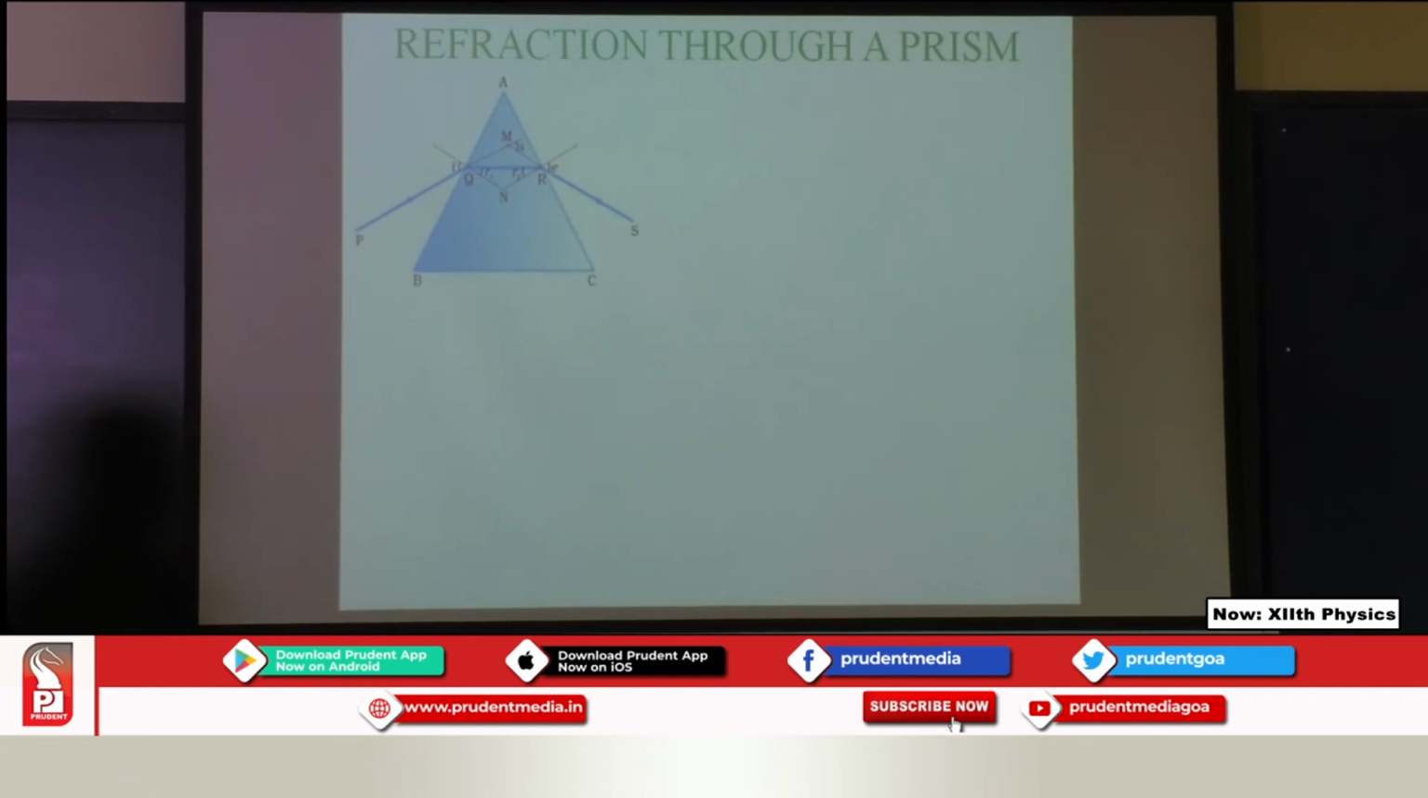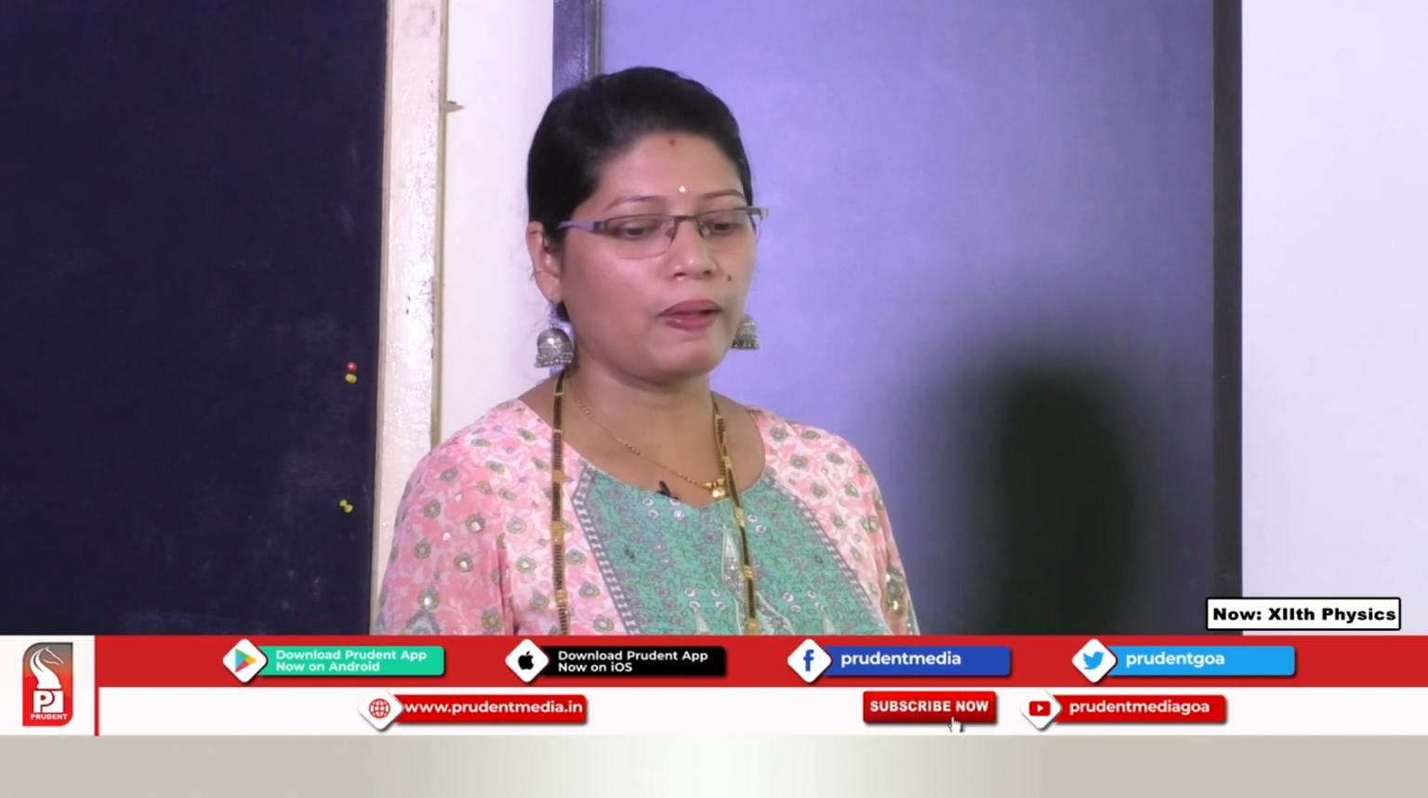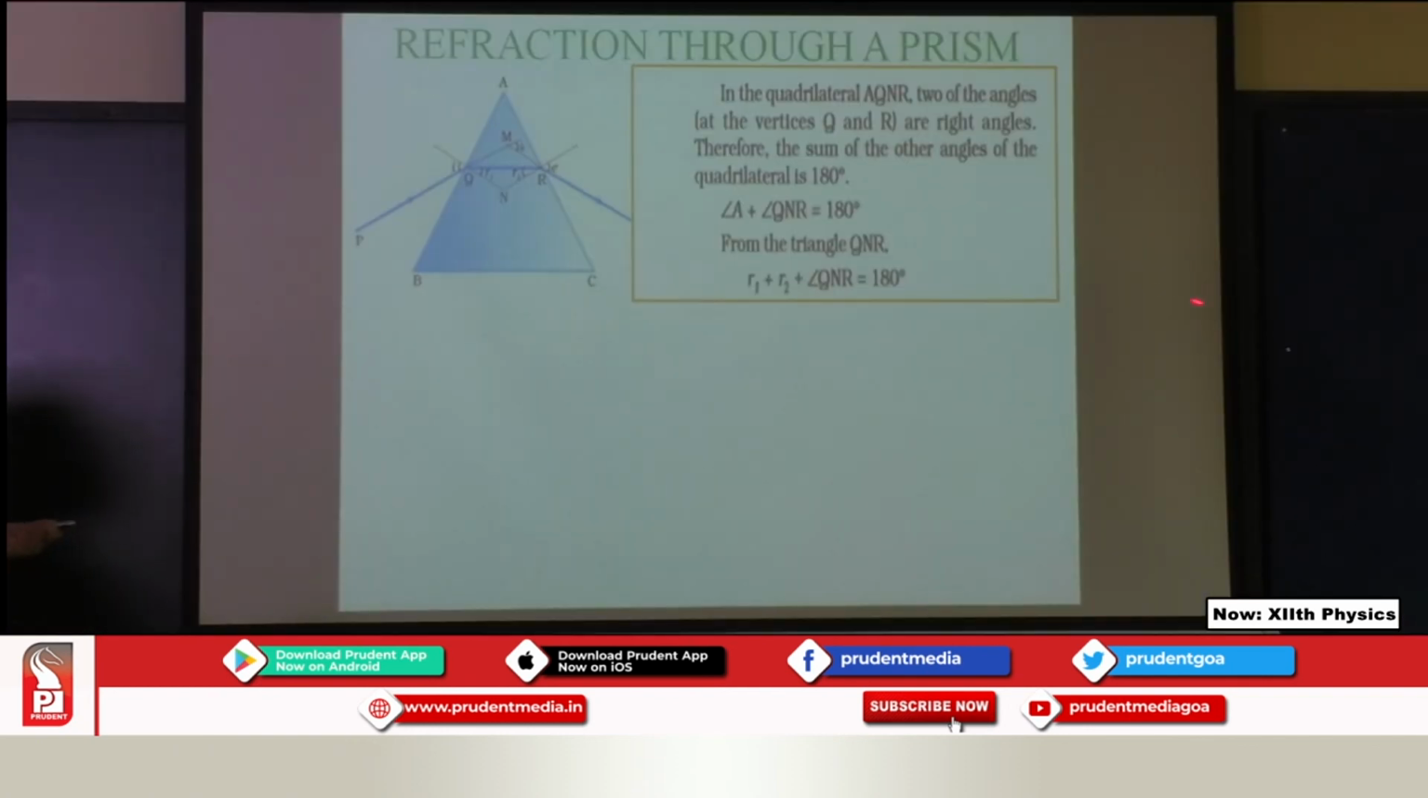So, let us go ahead. Let us start off with the derivation, simple derivation. So, just pay attention. We have got over here the quadrilateral AQNR, that is AQNR. So, at the vertex, that is at Q and R, since this is 90 degrees, the sum of angle A